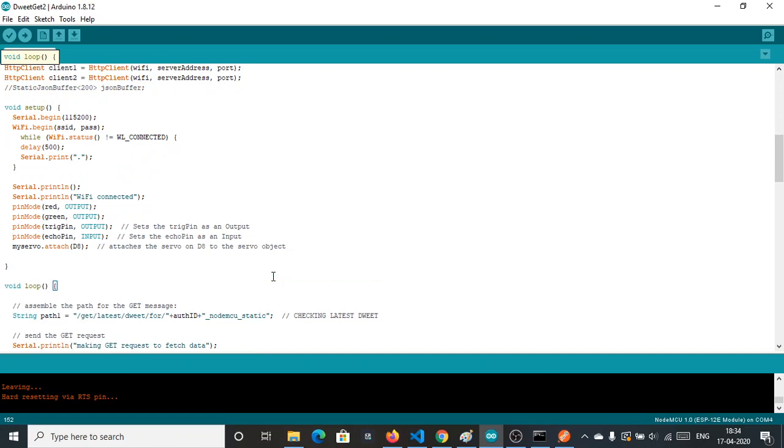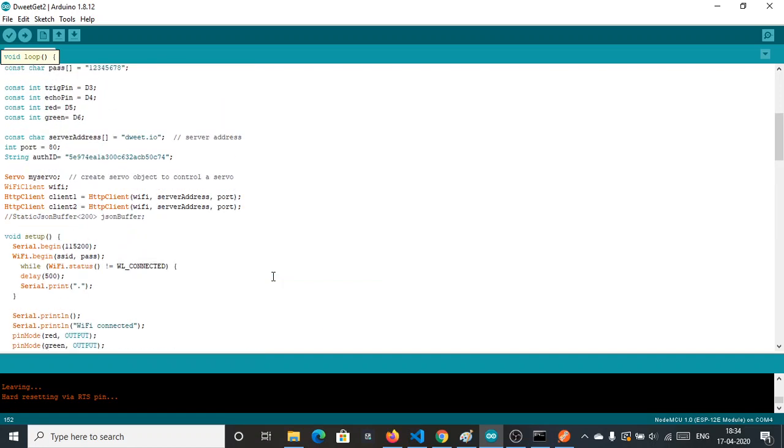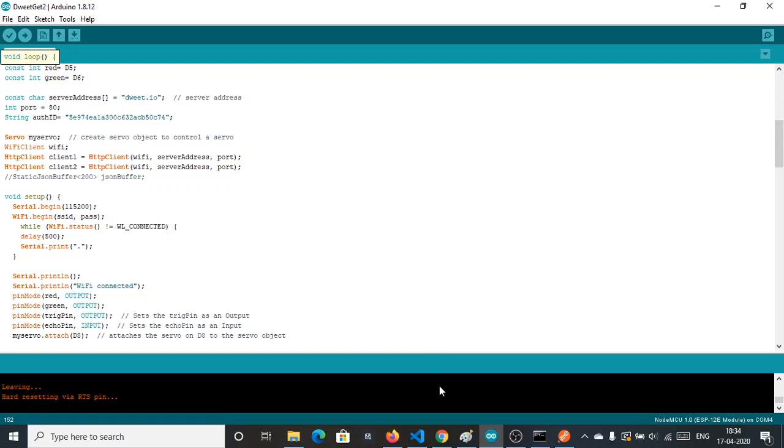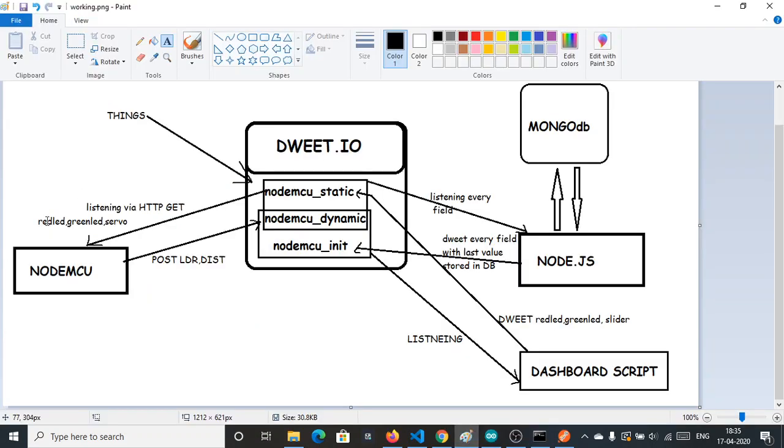So this is how our Arduino sketch works, making a get request of red LED, green LED, servo, to basically get data in every loop, so that we can check the state and update the state with updating the sensors, and posting data using the get request too.